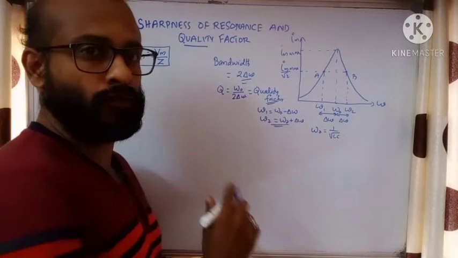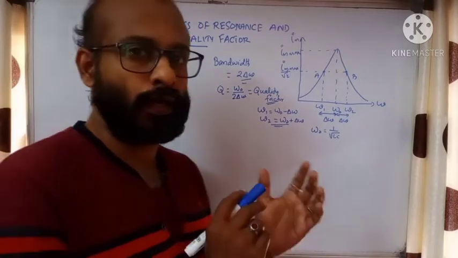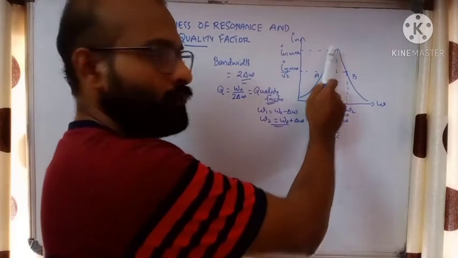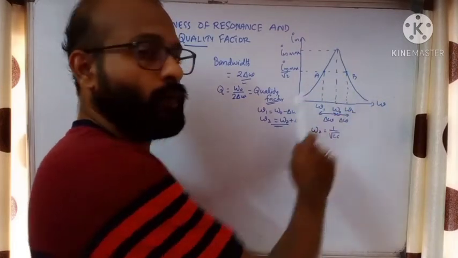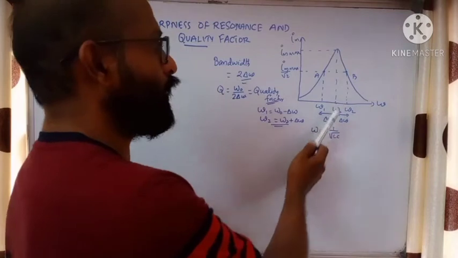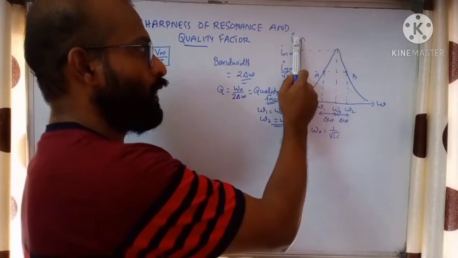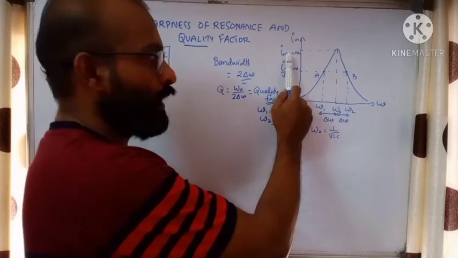It is called the natural frequency. When the frequency of the alternating source is equal to the natural frequency, the amplitude of current is maximum, and this graph is called the frequency response. Now in this graph, we can see two more points. This is the maximum value of current amplitude, that is Im max.